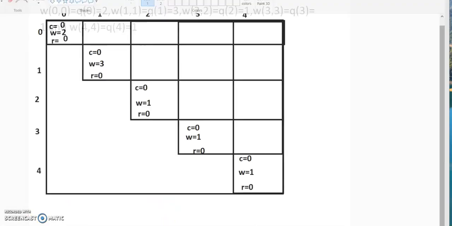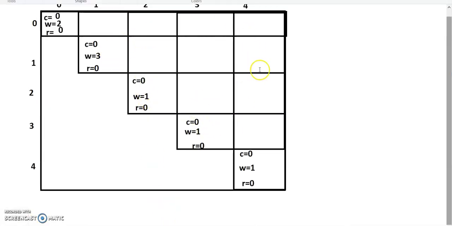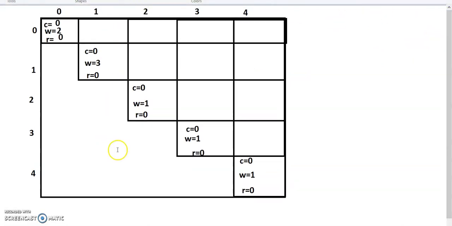Okay, now we'll see how to find remaining these values. Actually we need to find the whole tabular values, but why we choose only these values? Because the values above the diagonal and below the diagonal are the same values. To remove duplication we have been using only above the diagonal values. If you want you can take this also. If you take these values you may get the same values. To remove duplication purpose only we have been calculating above the diagonal values. Below the diagonal also you will get the same values.